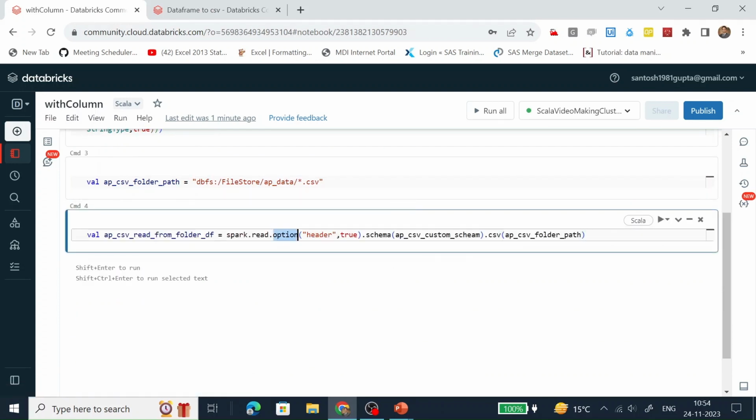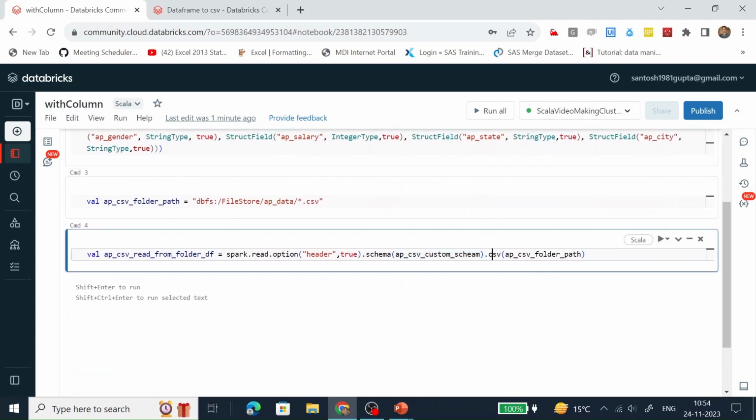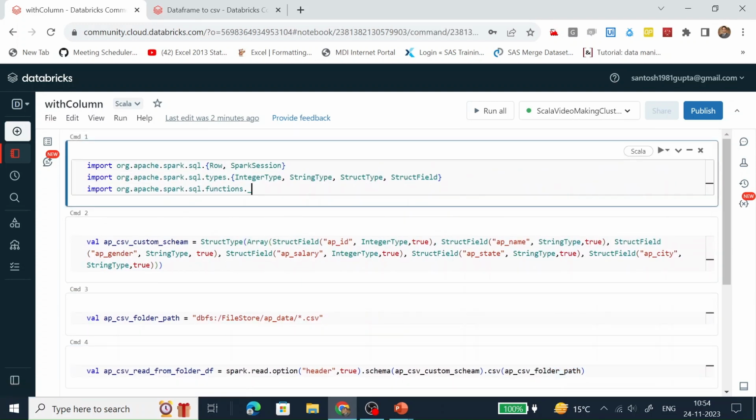Here, with the option, we are saying that this CSV which we are going to read has a header. With the schema function, we are passing the custom schema which we defined here. And with the csv function, we are passing the address of the CSV which we want to read. So let's run it.